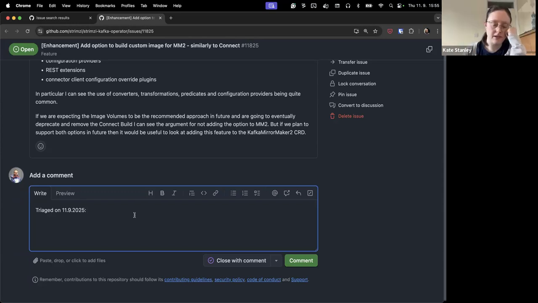Do we close this but say we would be open to reconsidering if enough people commented saying they really wanted this feature and for whatever reason they can't use the Kafka Connect CRs? We can, or I mean, it would anyway need to go through a proposal. So we can also say that we keep it open with needs proposal and help wanted. And if someone is willing to contribute it, then maybe that shows the interest.